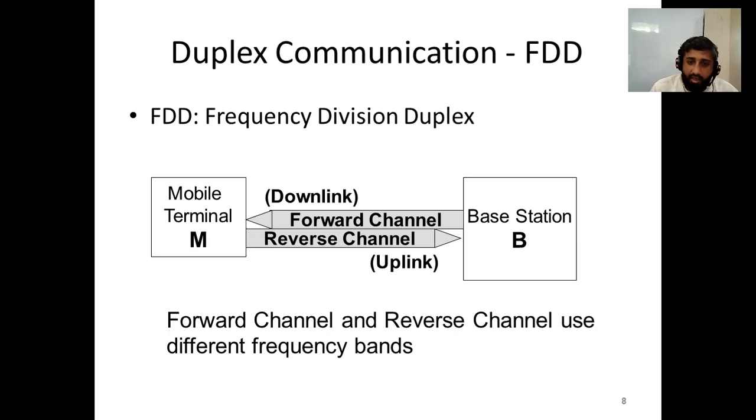The communication link is generally referred to as uplink and downlink. Uplink is a link which is established from the mobile terminal to the base station, and downlink is a link which is established from the base station to the mobile terminal. So basically, in frequency division duplexing, both forward and reverse channels use two different frequency bands. We need two different frequency bands so that there is no interference between the forward and reverse